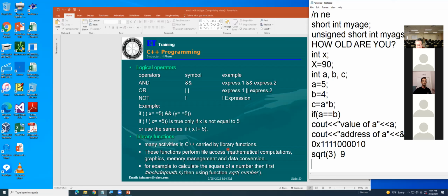However, you have to know which library you want. If you want to solve the equation x squared minus 2x plus 5 equals 0, then you have to use the math header. Okay? Microsoft does everything for you.